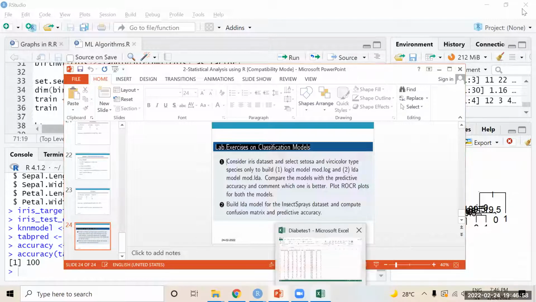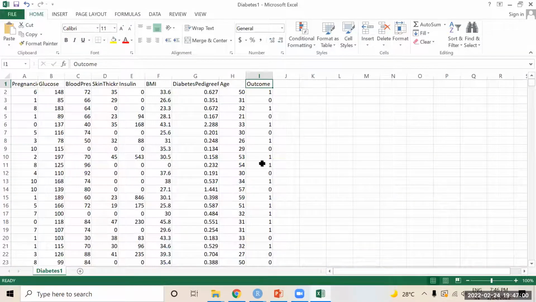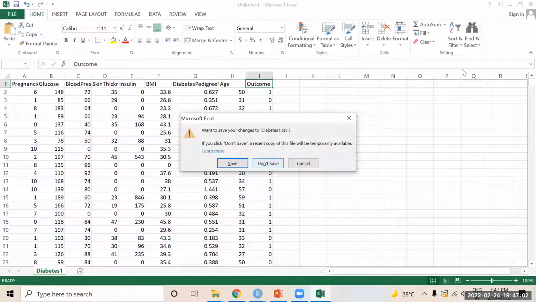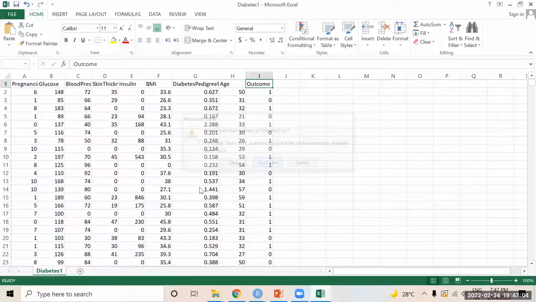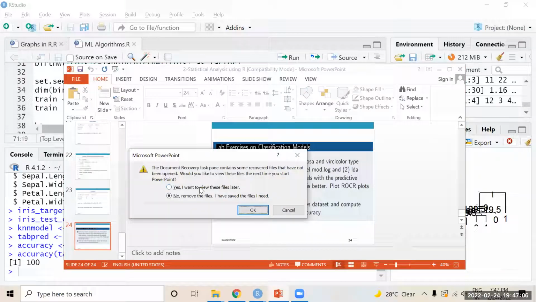Sir, as per the Bayes rule, how many probabilities can be calculated? Sir, for all the columns, it will calculate automatically, even if a data set contains n features, except the last target class. Because for classification, the last column is automatically the target variable. From the remaining variables, it will calculate conditional probabilities automatically. Okay, sir.